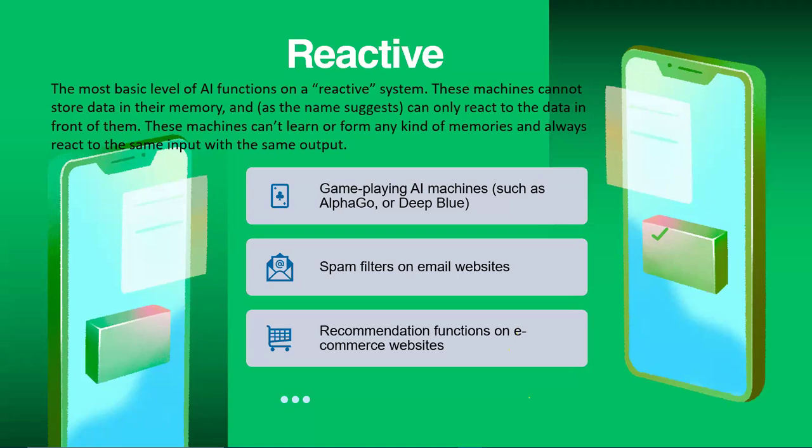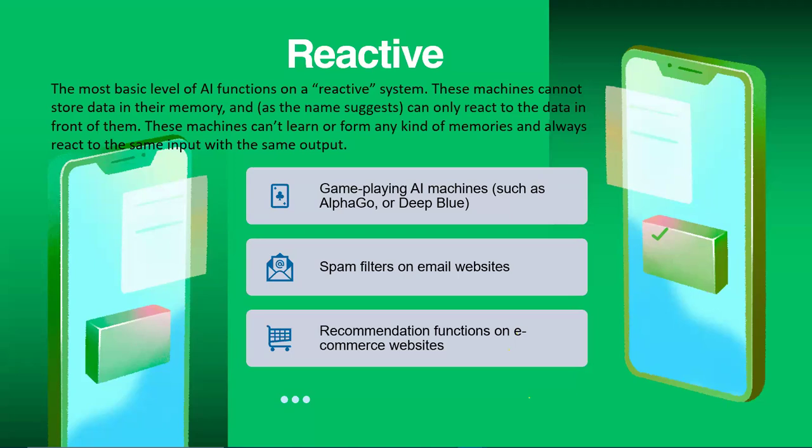When you are on Jumia and you select something and they say people who liked this product or people who bought this product also bought this product, right? People who bought Milo also bought Peak Milk, for instance, right? So that's a reactive machine learning or reactive artificial intelligence. React. Oh, this person bought Milo. Let's recommend Peak. This person bought this. Let's recommend this to him.